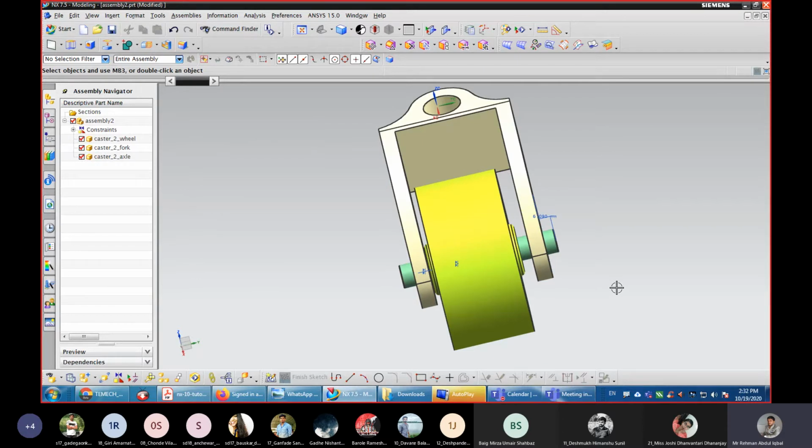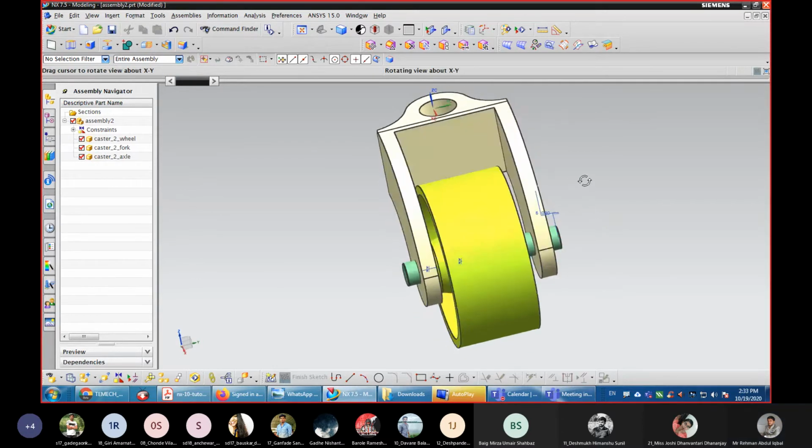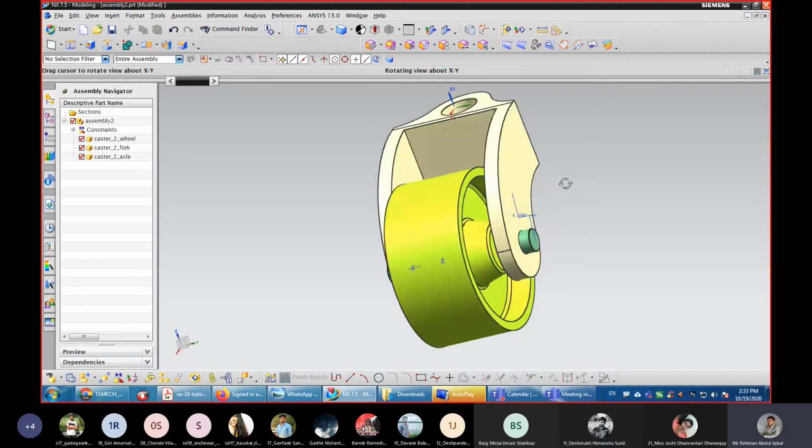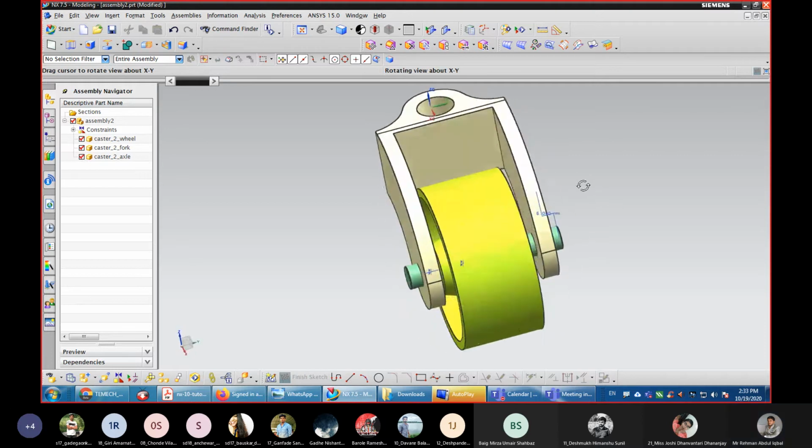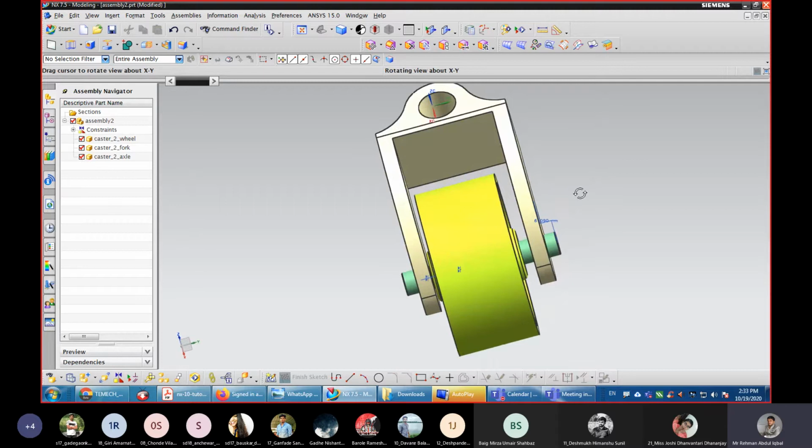नेक्स्ट क्या करना है? We need to place this wheel also, है ना, व्हील को भी प्लेस करना पड़ेगा. क्या करें?